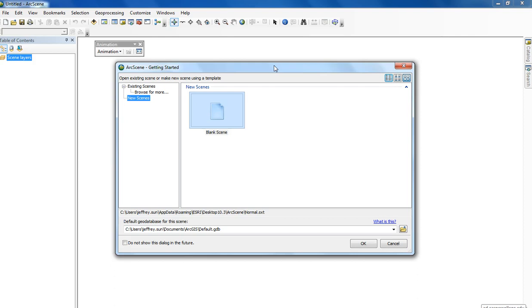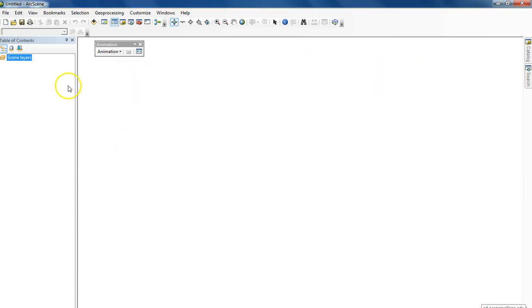Okay, so I have ArcScene open. ArcScene behaves just like ArcMap basically. You've got your Add Data button, your map view, your table of contents. So the first thing I'm going to do is go ahead and load in a,